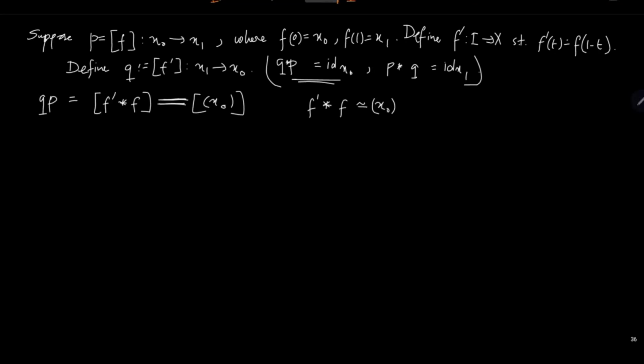How does one do that? Well, first let us write down the definition of what exactly is meant by f star f at this point t. It is equal to f of 2t for t less than or equal to half, and it is f dash of 2t minus 1 for t greater than half. What we do with the homotopy, define